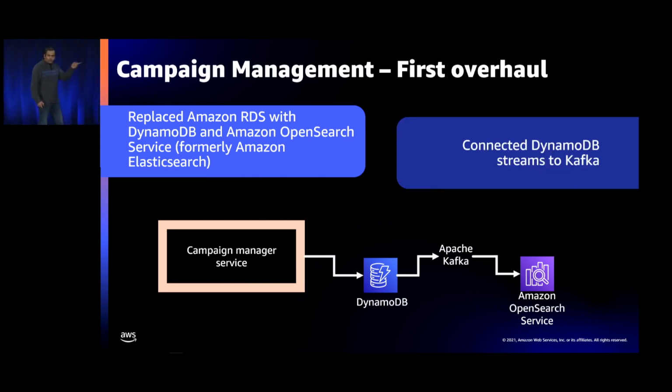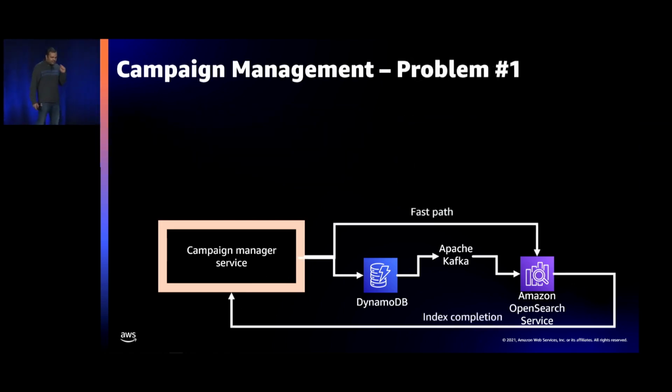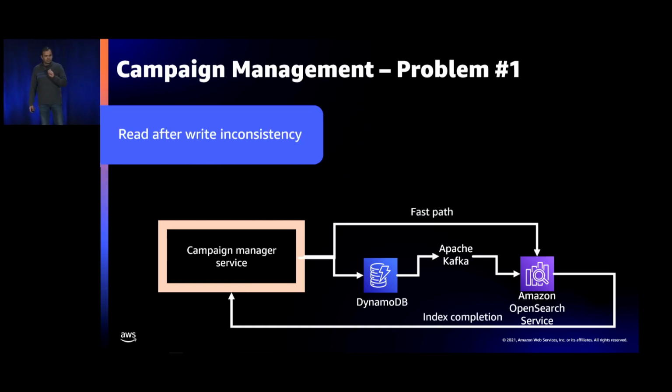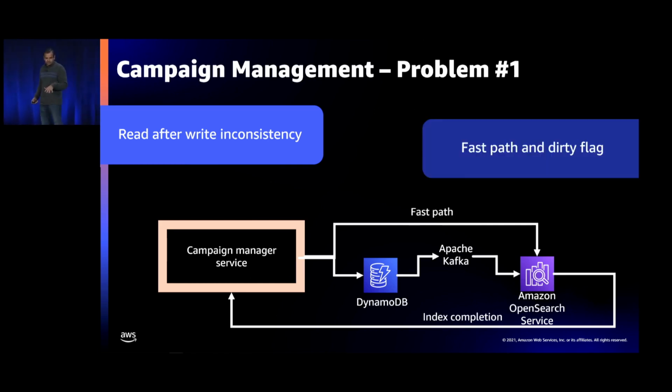To make the data congruent between these two systems, we hooked onto the DynamoDB streams, put them onto a Kafka, and streamed it to the other clients, as well as one of our own clients, which would start writing to Elasticsearch. I specifically chose the word congruent, not consistent, because now I have two data stores. I can't be sure that as soon as the data is written, I can read it from the other system. There were delays in here, and this deteriorated our performance. What was a strongly consistent system is no more a strongly consistent system.